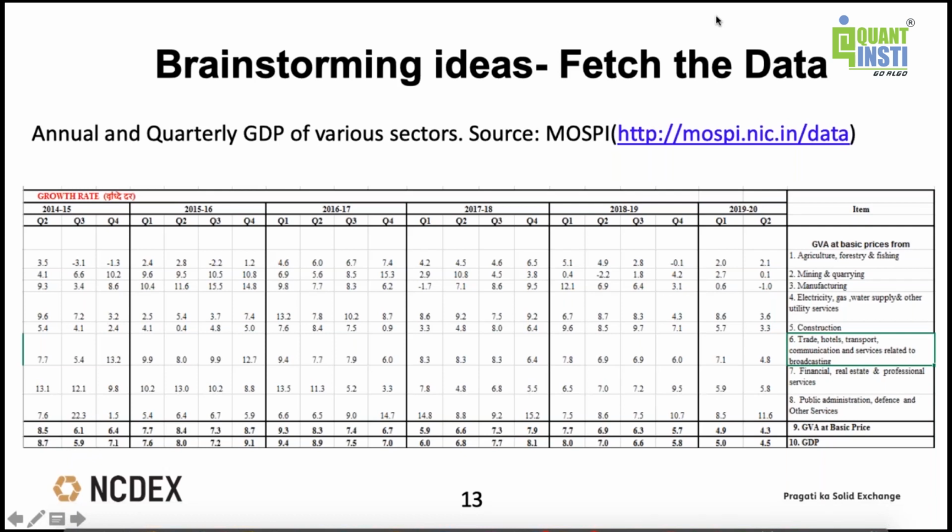As you see, it's not so easy to understand these figures, and it's very difficult to make out whether we can make any trading strategy with this data or not. So what we have to do,